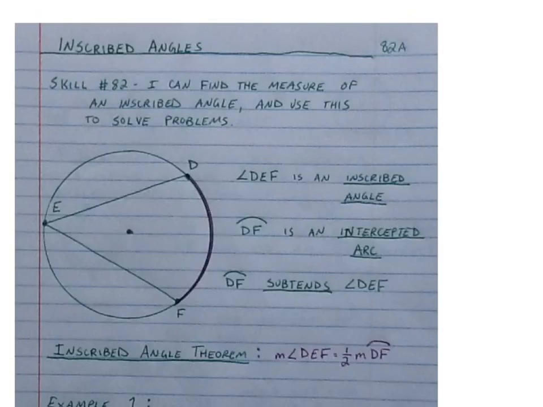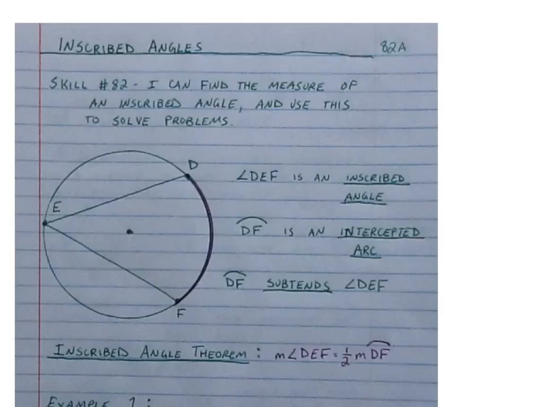We'll start our notes on page 82A, and what we have here is a circle, and inscribed inside the circle is an inscribed angle, and it's important that the point E occurs on the circle. The arc trapped within the angle is called the intercepted arc, or you could say that arc DF subtends angle DEF. And what we know about inscribed angles is that the measure of the angle is actually half the measure